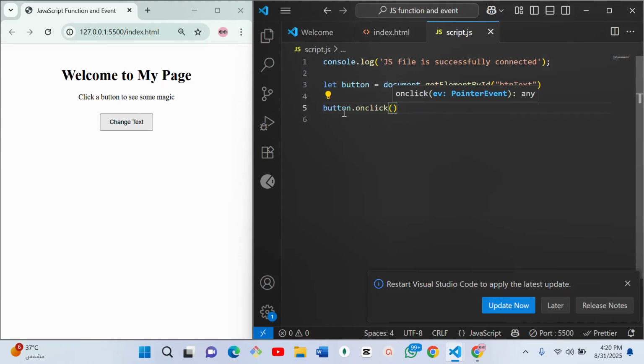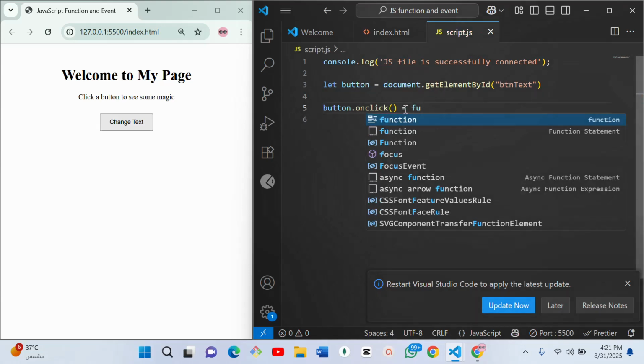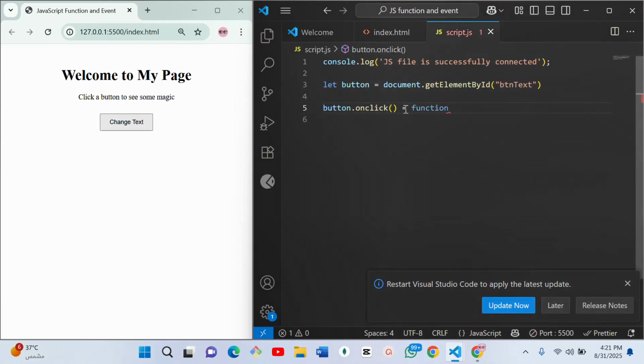Now, we call this one an event. All these onclick or onmouseover, we call them events in JavaScript, because I want something to actually happen when I click on this button. All right, so button dot onclick, and this is it. What do I want to happen to it when it is clicked? So I want to declare a function. We call something a function. So inside this function now, I want